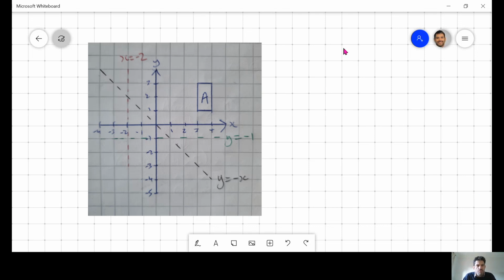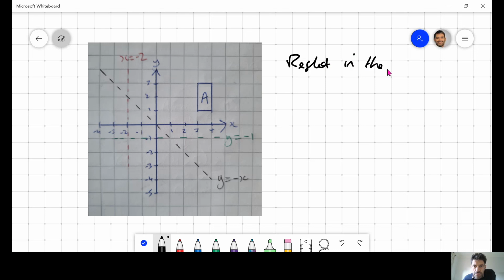I'd rather, to be honest, with reflections, you don't use tracing paper, but it's still really useful to get an idea beforehand or to check your answer. So I would definitely use it, but if you understand the principles of reflection, you're going to go a long way. So we've got an object here, A, and we're reflecting it in different lines, okay? So the first question is reflect